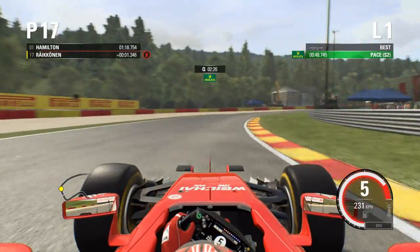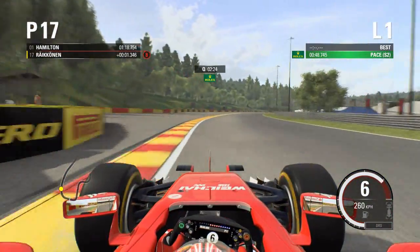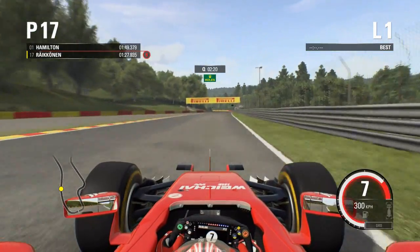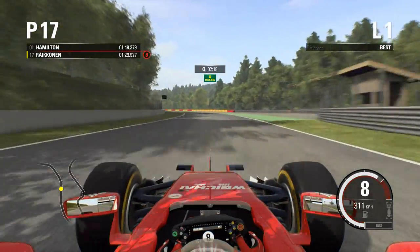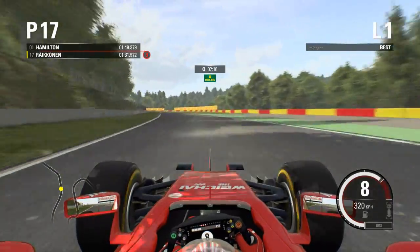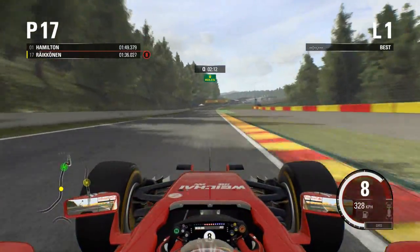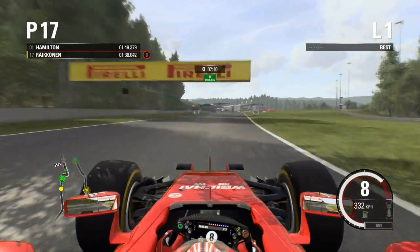not running out too wide onto the curb, and we're 1.3 down on Lewis Hamilton. So this lap's been actually a bit of a shocking lap, to be honest, and we're going to see if we can try and claw it back in the final sector. And here we are then approaching Blanchimont, which is coming up now, completely flat in this car in 8th gear. We're getting on the curb a bit, you probably want to try and avoid that,